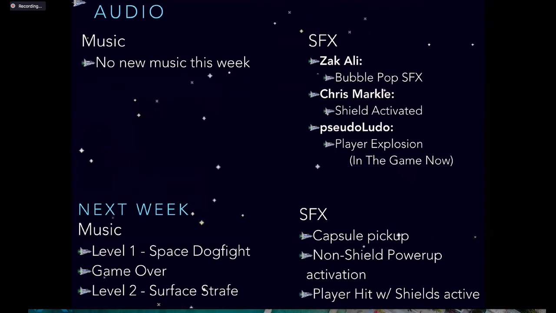For next week, still looking for some music for levels 1 and 2, possibly some game over music, getting to the point where we might start looking at boss music if somebody's interested in trying to do something like that. For special effects, when there's a capsule on the screen and you pick it up, we would like to hear some sort of audio indication of that. Would like to have a different special effect for when you activate the missiles or the double or the laser, as opposed to when you activate the shields. Just differentiate those 2 different types of